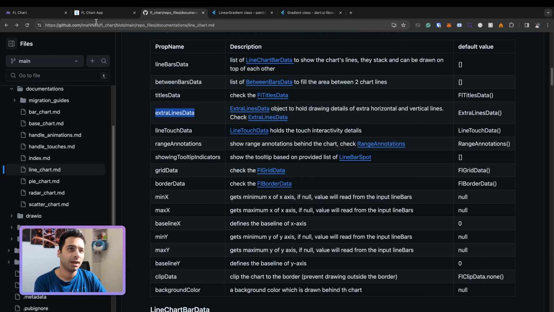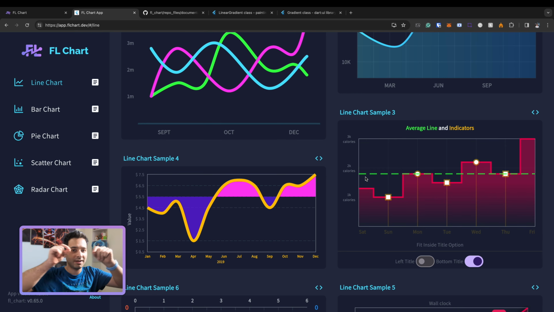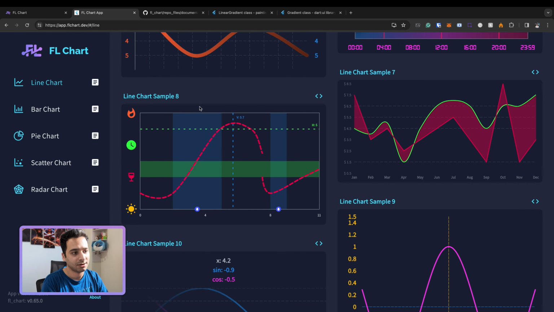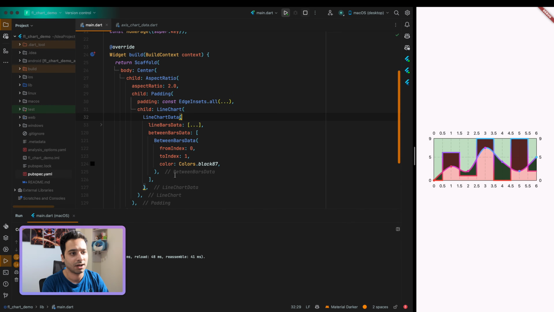extraLinesData. So extraLinesData are some lines that you have on top of everything as extra lines. For example, here we have a line, a dashed line, as you see, or here we have two dashed lines here. Yeah, let's add one of them. We have